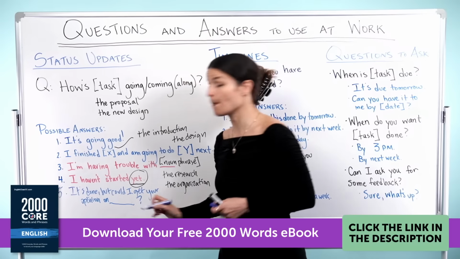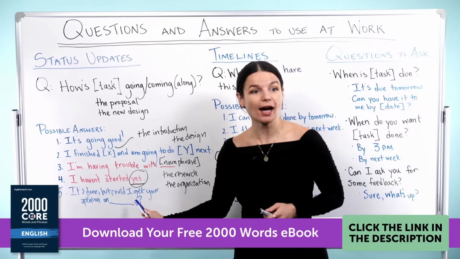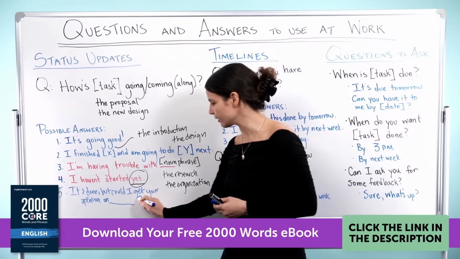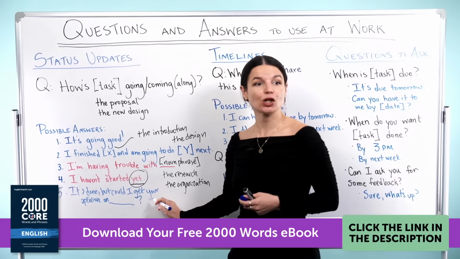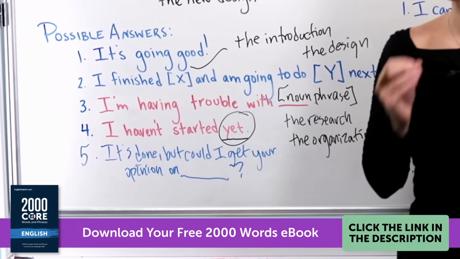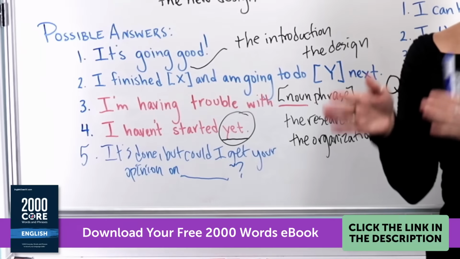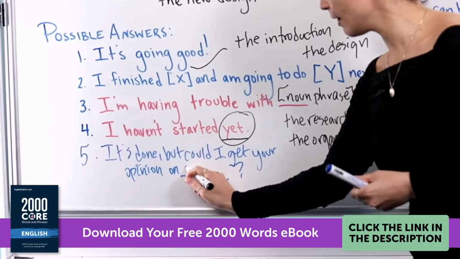But could I get your opinion on, is that hard to see? Sorry, it's done, but could I get, that's a G, sorry, my writing's a little sloppy at this angle, get your opinion on noun phrase. But could I get your opinion on the design? Could I get your opinion on this part? For example, this part